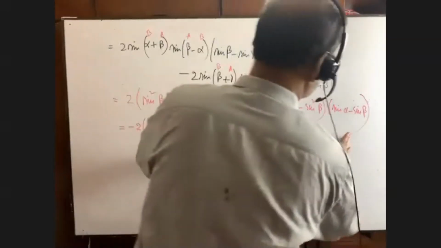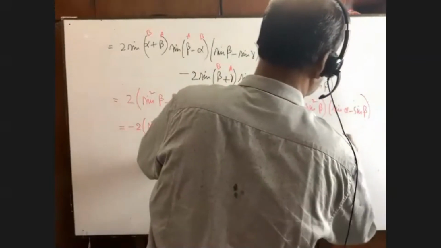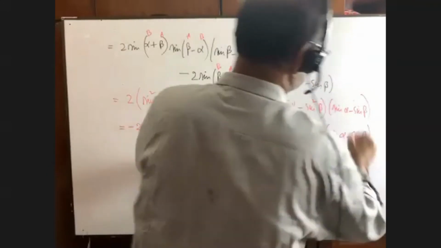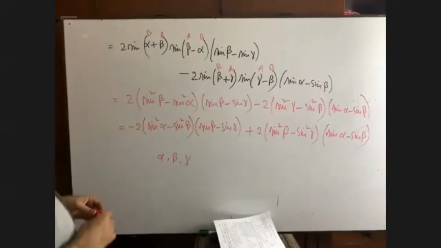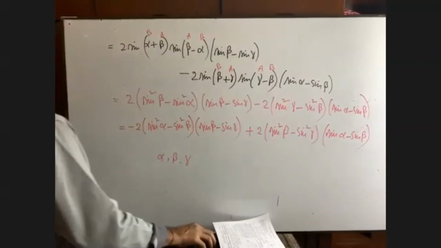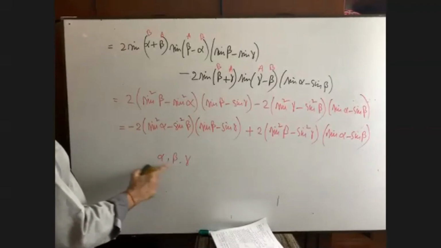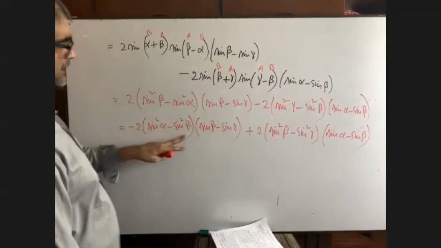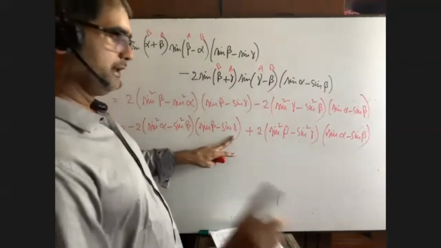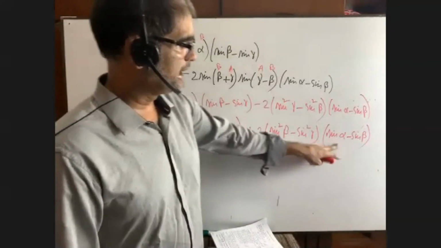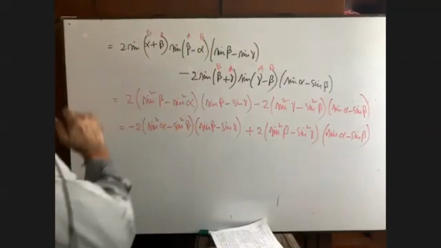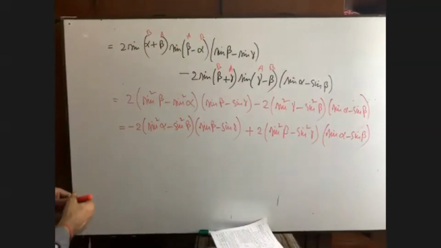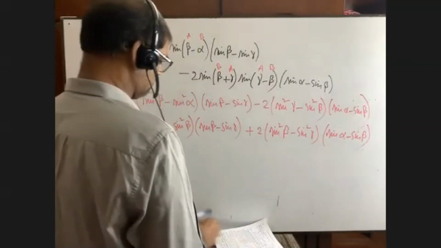And here it is sin alpha minus sin beta. It is in cyclic expression. Please try to understand what I have done here. I have given emphasis on alpha, beta, beta, gamma, gamma, alpha in this way. Now it has been easiest for you to take common. Can you please take the common? What can be taken common? Please let me know.